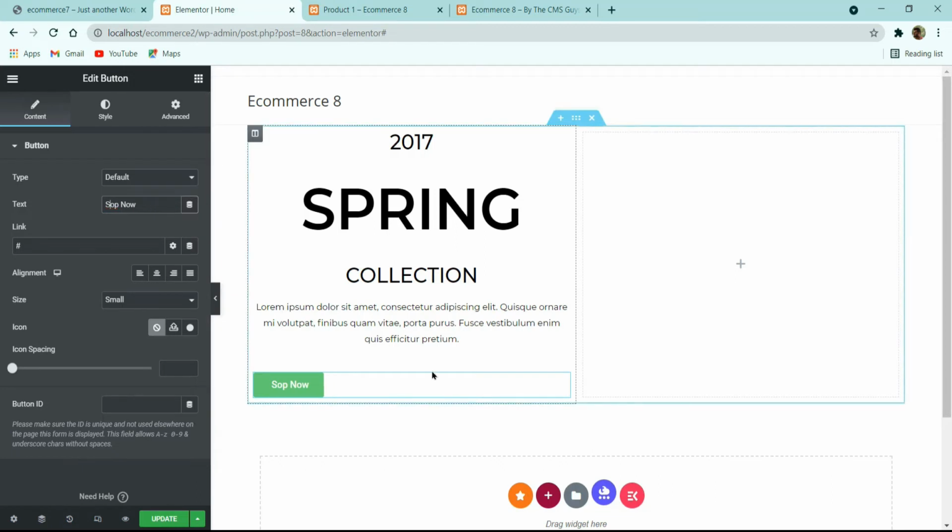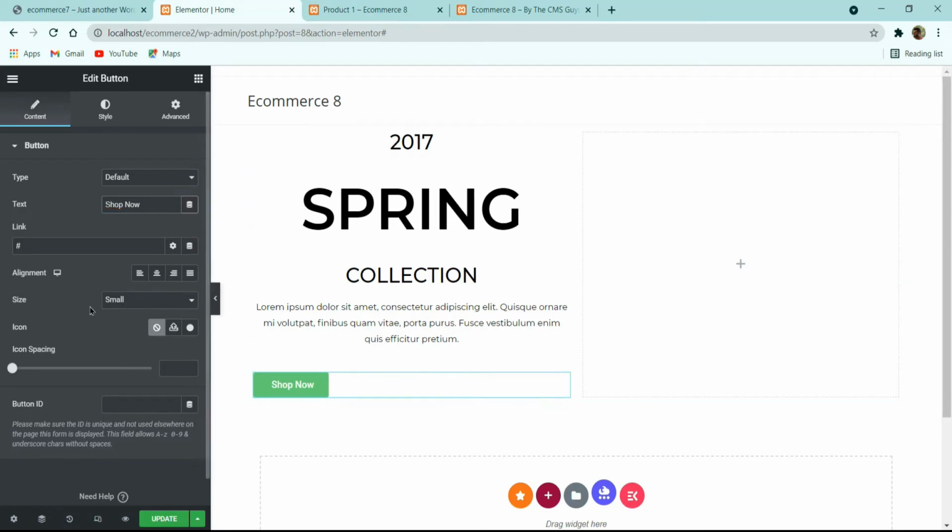I think so, here you can see that the text is changed. Now if you want to give the link of your shop page, you can give it from here. So on link you have to search for shop, and here you can give a link to the shop page. After that, on alignment, let us make it center align,